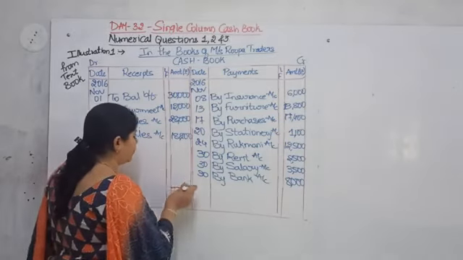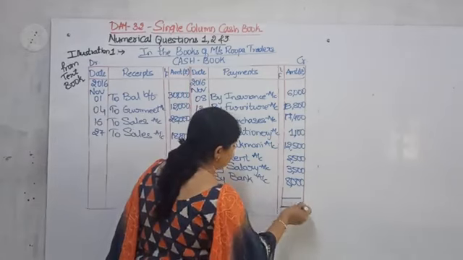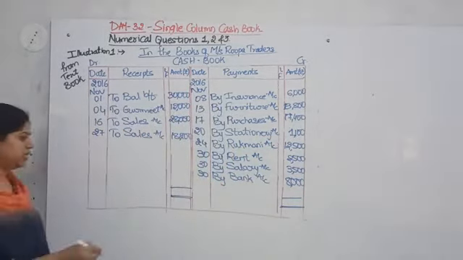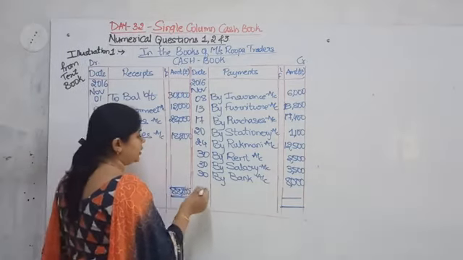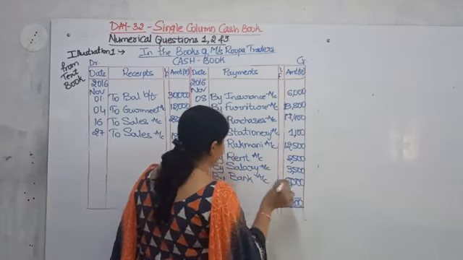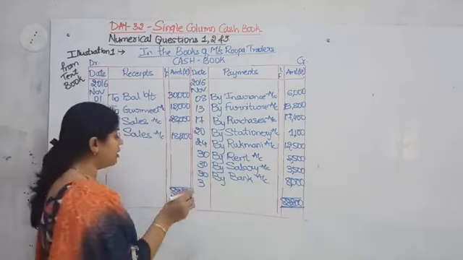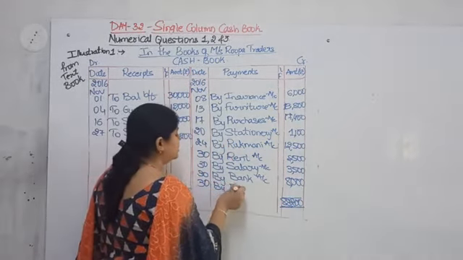So therefore, do the total. Okay, so the debit side will be greater, and what is the total? See, it is 88,200. Take the same on the opposite side, 88,200, and remove the balance. What is this month? November. November ends on the date 30. So write down by balance